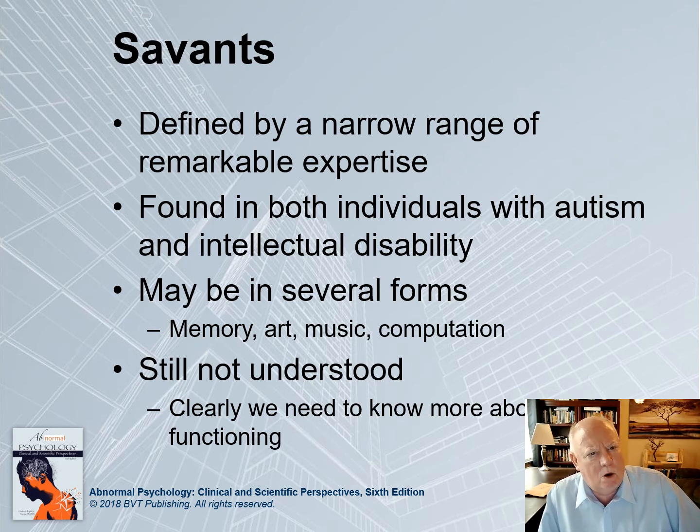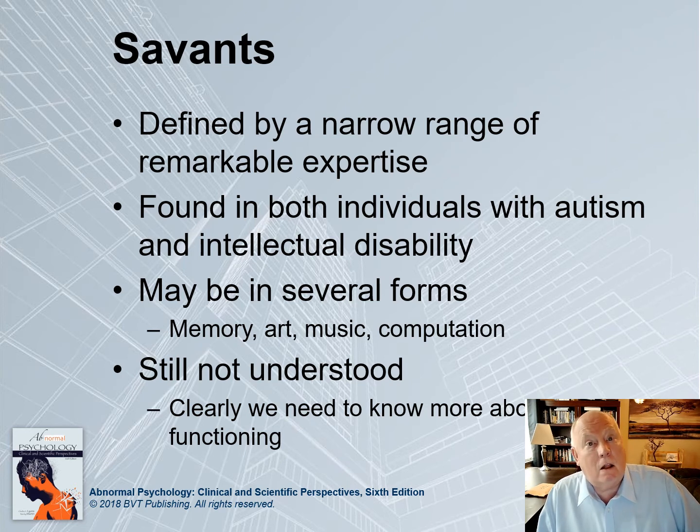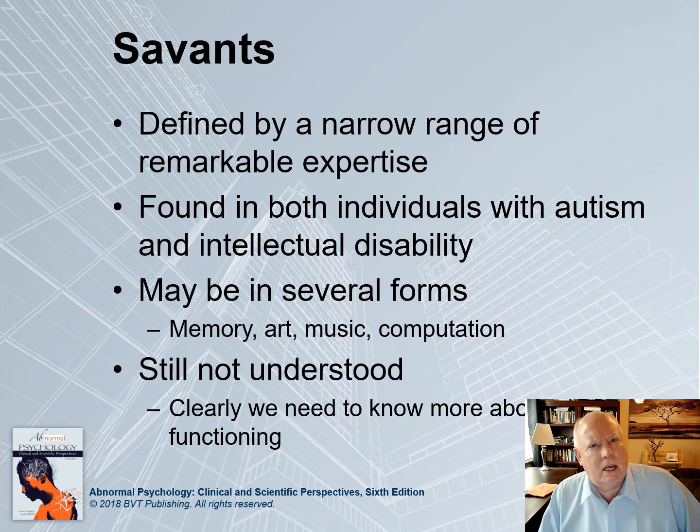Now, what do we know about savants? Well, they're fascinating. And what they show us is what we know about how the brain works. And how the brain creates cognitive skills is clearly deficient because we don't have a clue how you could have someone who is so bad in so many areas and can function at this unbelievable level in a narrow area. So again, sometimes we need humbling information. Just tell us how much we don't know.